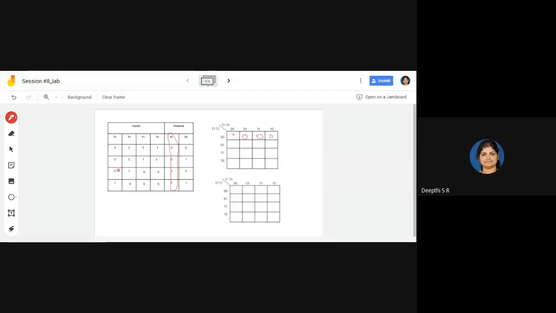The third row, when Y2 is high. So if you see here, when Y2 is high, you have two cases here. So these are the two conditions where Y2 is high. So what about the output? Whatever might be Y1 and Y0, the output remains 1. So everywhere I'll write it as 1.